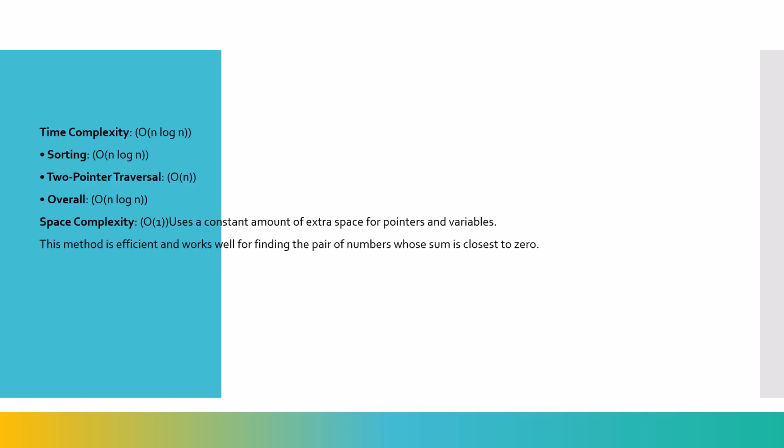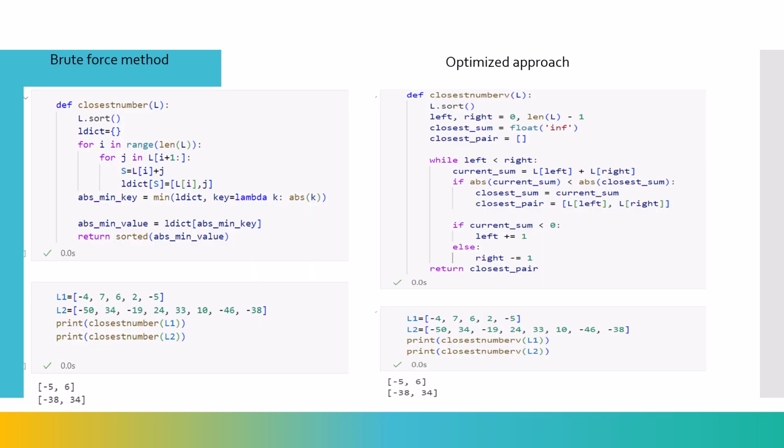Let's understand the Python implementation through coding, in which the end result is -5 and 6 in both the methods, the brute force and the optimization method. Finally, we will conclude